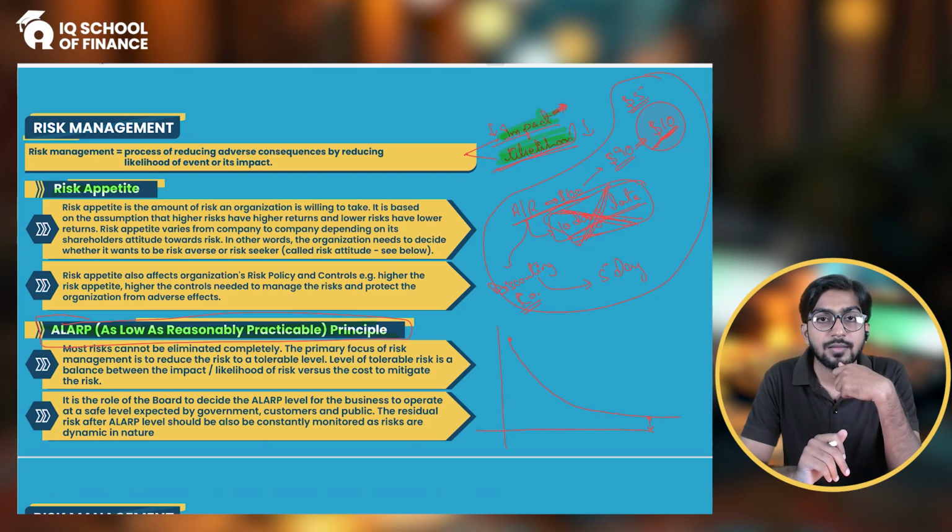So someone would come and say, okay, then don't give them on credit, don't sell. But that's not the practical thing. You have to do the business, you have to exist in the market, and in the market there is only one option, credit sale. So that means you cannot avoid the risk, but that doesn't mean that you will make uncontrolled sales to everyone. You will not keep any check and balance and monitoring over the credit sales.